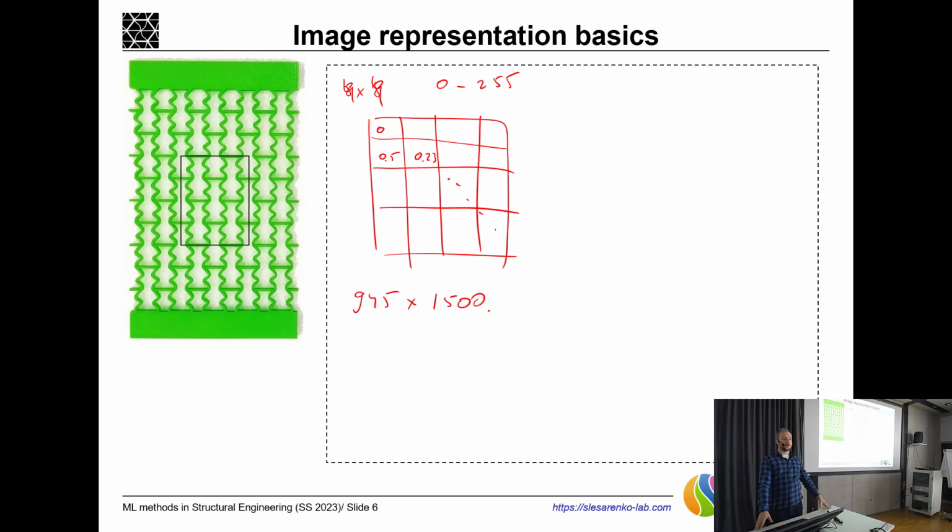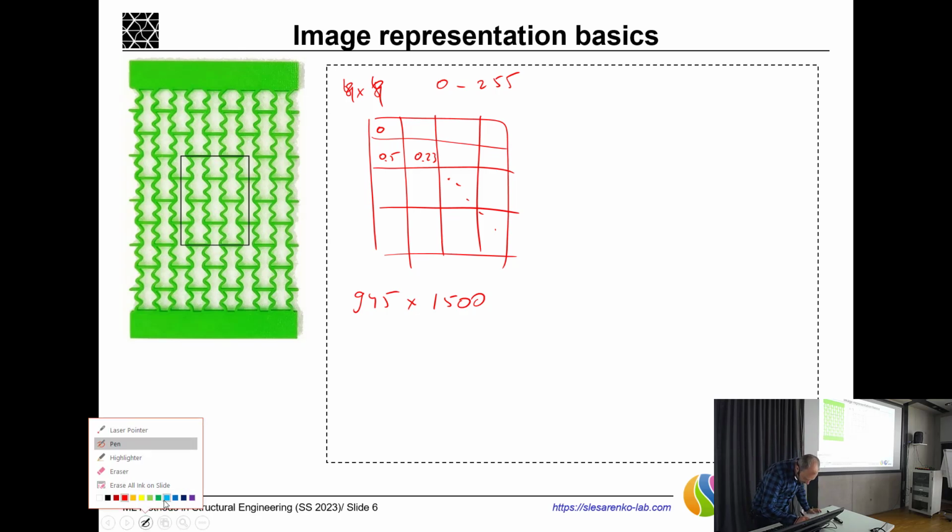When you work with images on a computer, you probably know the answer. Yeah, exactly, that's exactly right. I drew it in red, but it was accidental. So by using only one system like that, within, let's say, 4 by 4, 950 by 1500, I can represent only grayscale images. I cannot represent different colors. And therefore, in our images, what we actually have